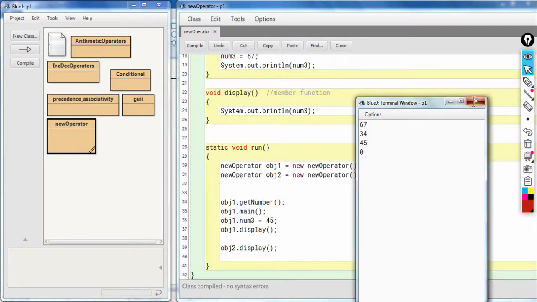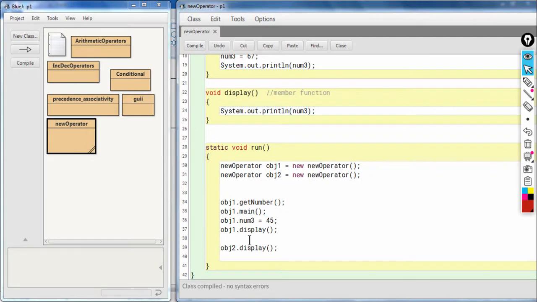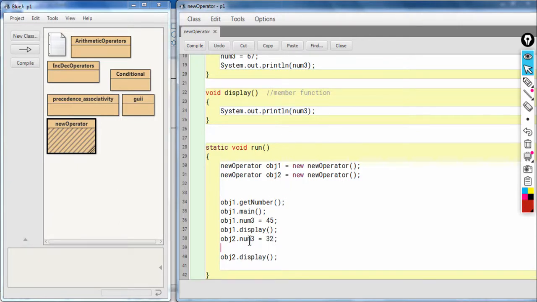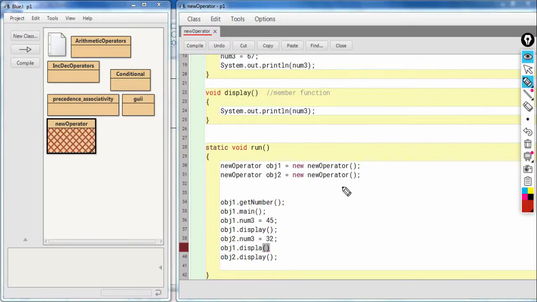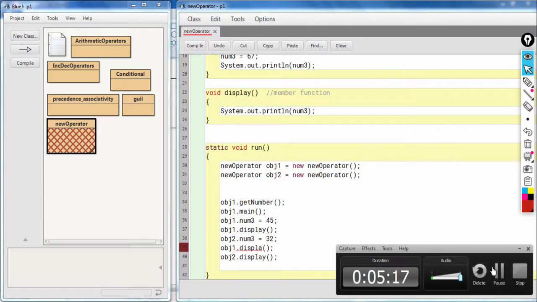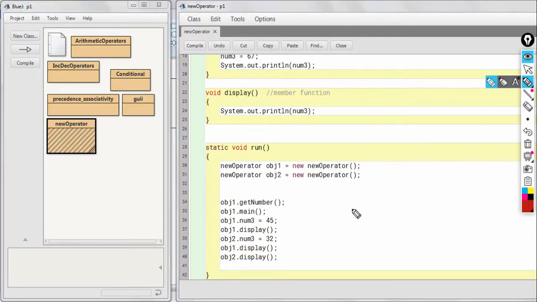Now let me give you one last example. I'll write here obj2 dot num3 is equal to 32, and again I'll write obj1 dot display. So what do you think the output will be now? So students, let's analyze this.